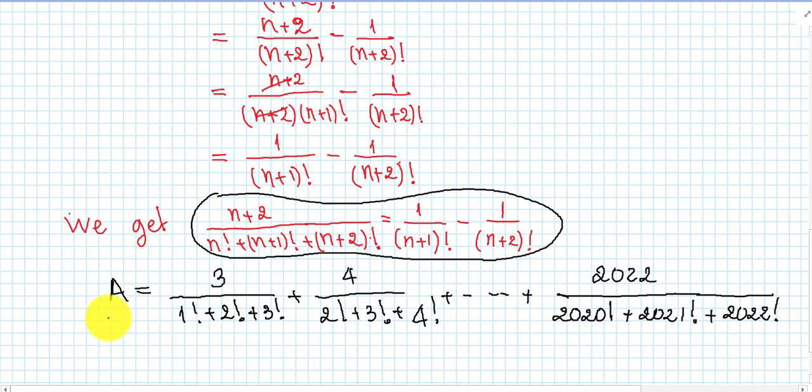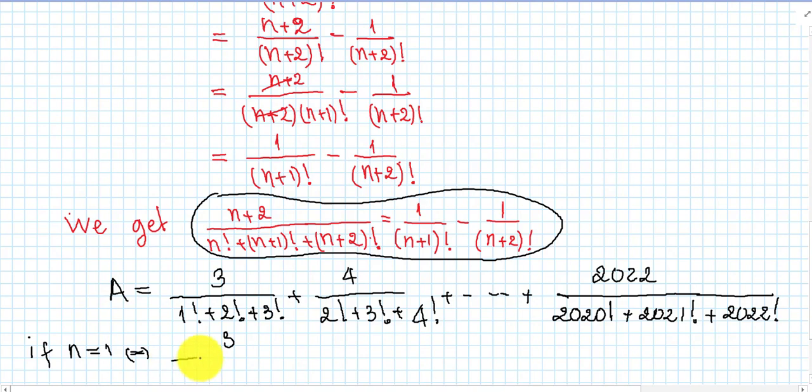For 1 factorial plus 2 factorial plus 3 factorial, I can replace n by 1. If n equals 1, we get